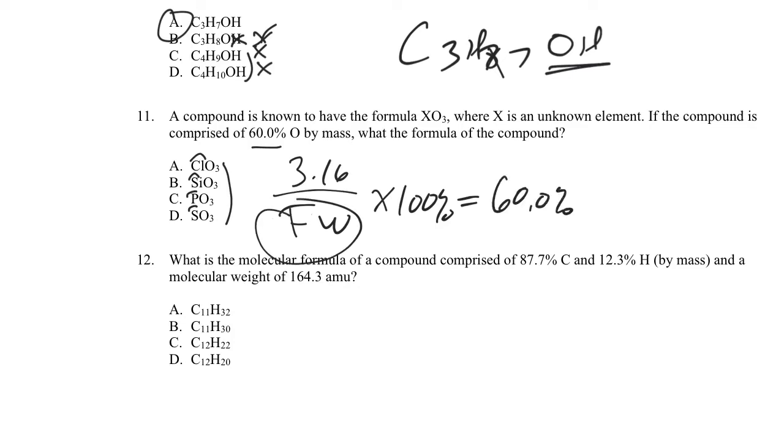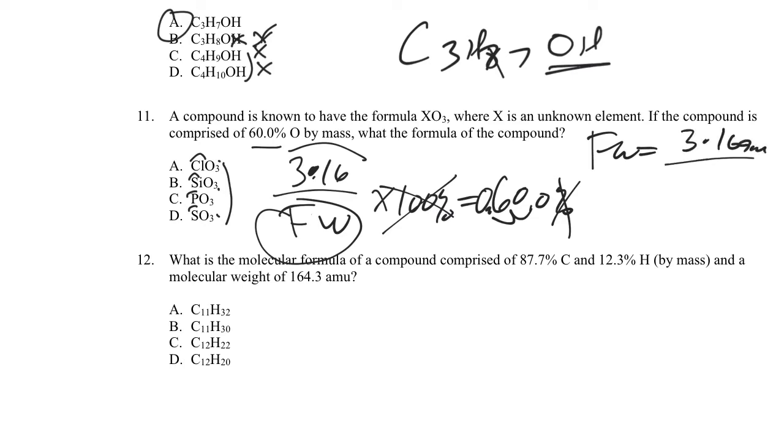So I can get the formula weight of the compound by simply taking 3 times 16, the 3 oxygens on each of the compounds. So do 3 times 16 AMU, and let's divide that by 0.6, so let's get rid of our 100% and make this 0.60. So our formula weight is equal to 3 times 16.00 AMU, if you're being careful, divided by 0.600, and so that will be 80.00